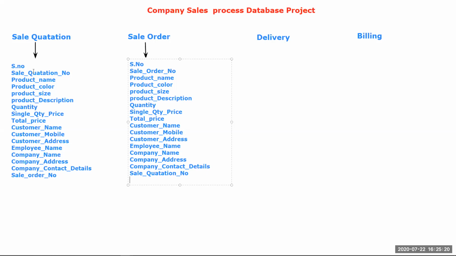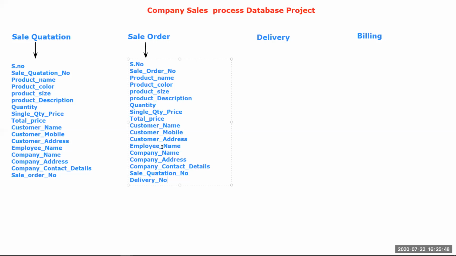Now you can see here we have sale quotation number, right? So you can match the details by using sale quotation number. Okay. So you can also match the details by using sale order number because we have both columns, right? Then we have to add one more column for delivery underscore number.